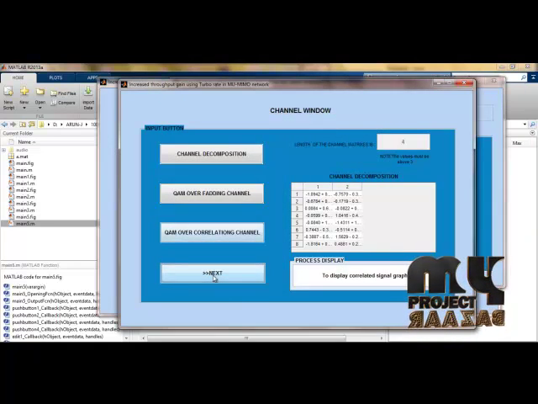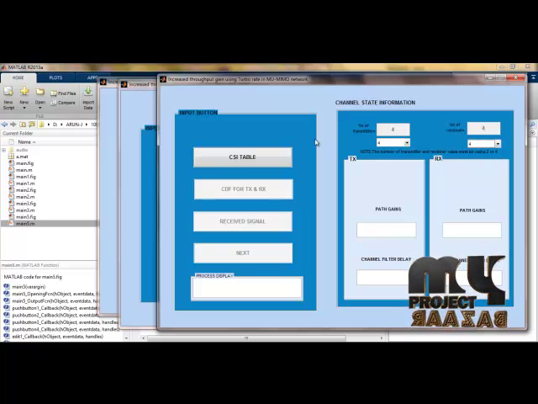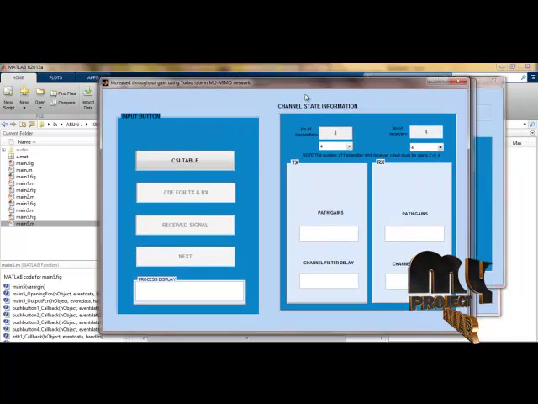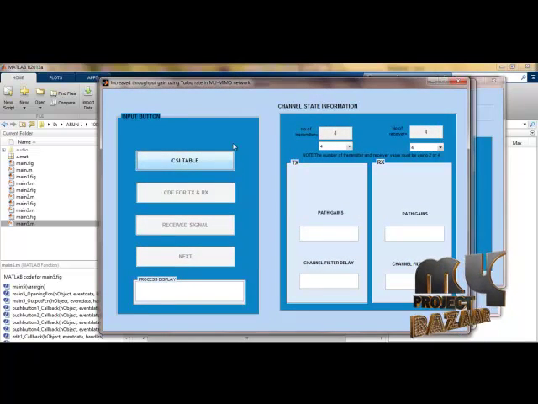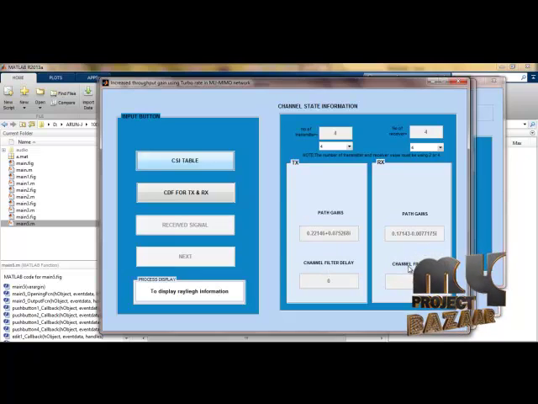In the next process we have to select the number of transmitters. I am selecting 4 and the number of receivers as 4, and I am plotting the CSI table. While plotting the CSI table we can identify parameters such as path gains and channel filter delay. So we can see the path gains. This is the transmission part.